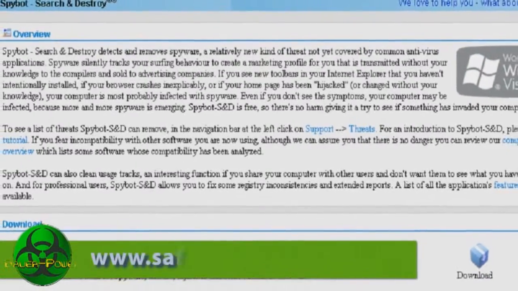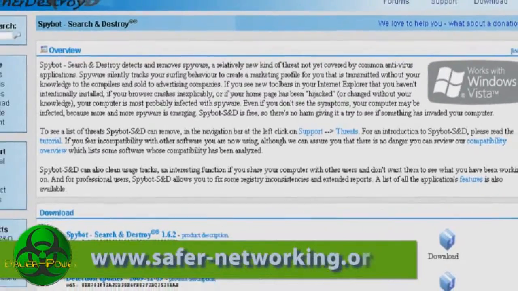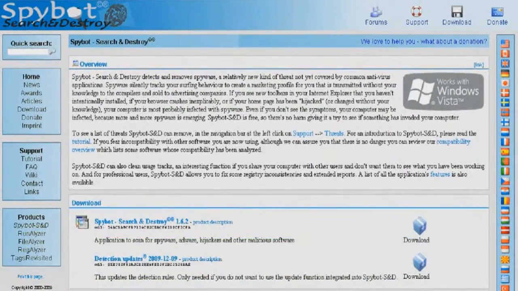Well, in this episode, as you found out from the intro, I'm going to show you guys how to schedule Spybot Search and Destroy to keep your computer free of spyware and maliciousware regularly, so you don't have to worry about it, okay? You see, a lot of you guys don't know this, but BauerPower.net, the URL for the blog,